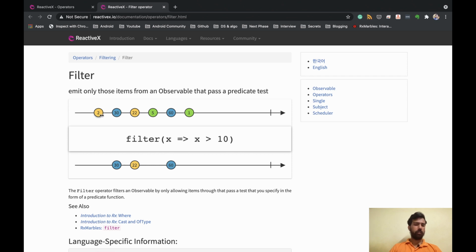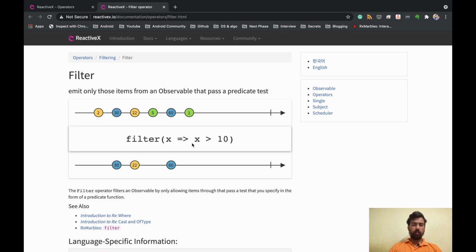For example, 2 is not greater than 10, so it will skip. 30 is greater than 10, so it will emit 30. 22 is greater than 10, so it will emit 22, and 5 is not greater than 10. So filter is basically used to compare the values with the use case.